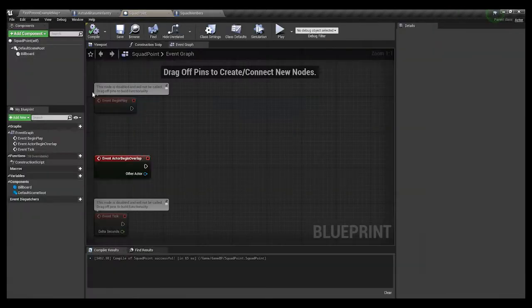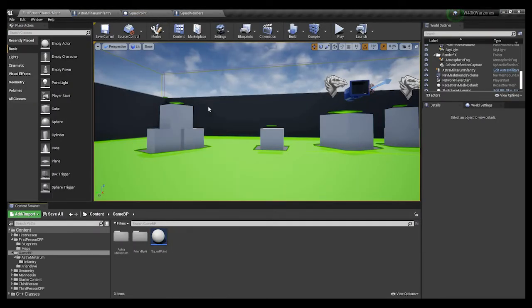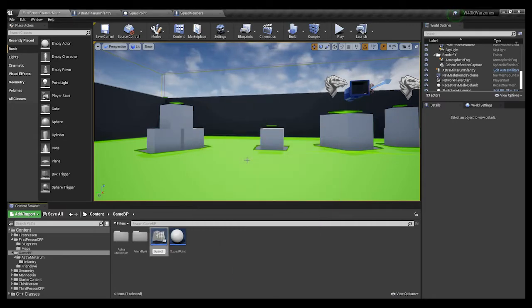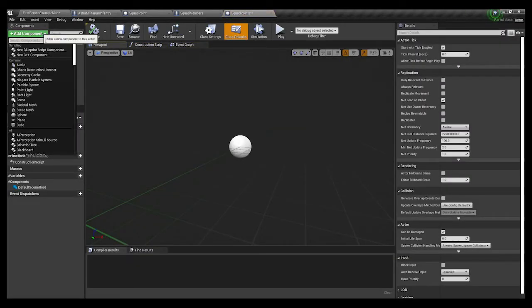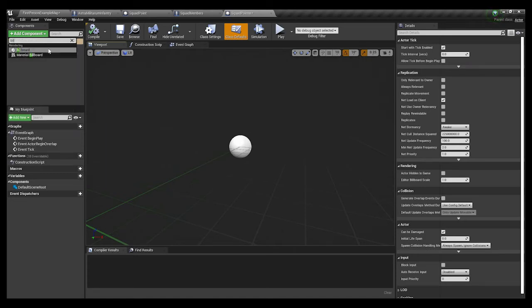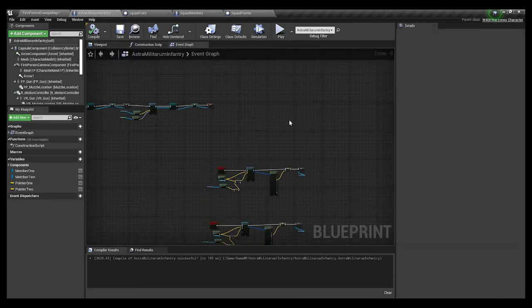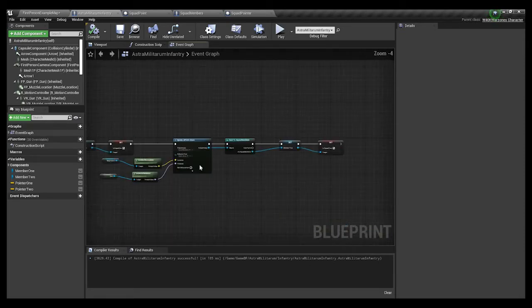Yeah, I have a squad point. Okay, so let's go to Blueprint Class, Actor, and just call it squad pointer. All we're going to do right now is add a billboard. Why? It's just for shits and giggles. Well, more to it than that, because we're going to make sure that when we command it to move to a specific spot, the walk cycle actually activates. So to do that, on Event Begin Play